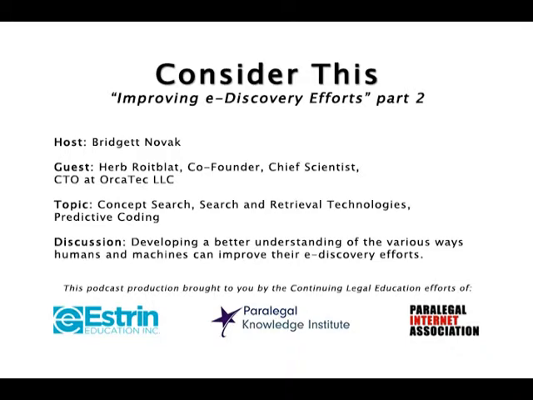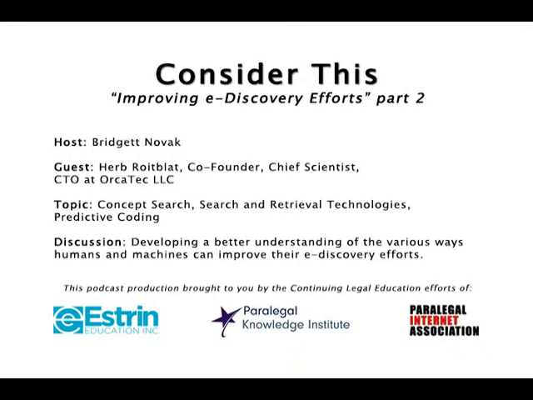Yeah, clustering is not really a predictive coding process. Predictive coding involves machine learning, and it takes example documents, learns from those, and applies the knowledge that it learns from the example documents to identify related documents. Clustering works the other way around. Clustering finds related documents and then asks somebody to judge whether that group of related documents is responsive or not